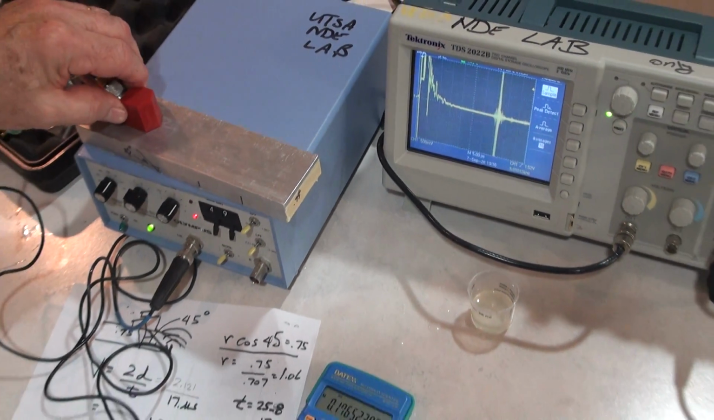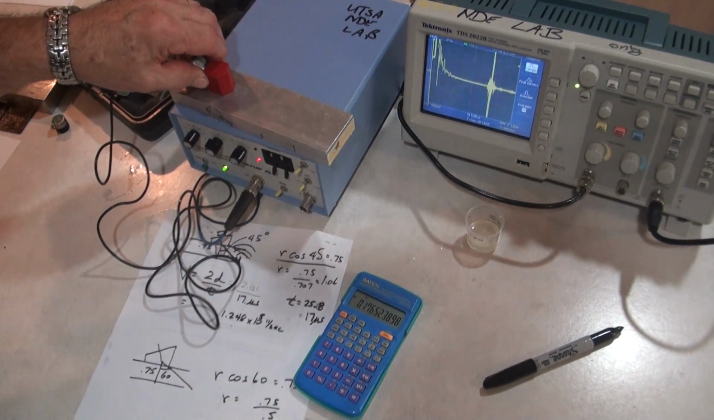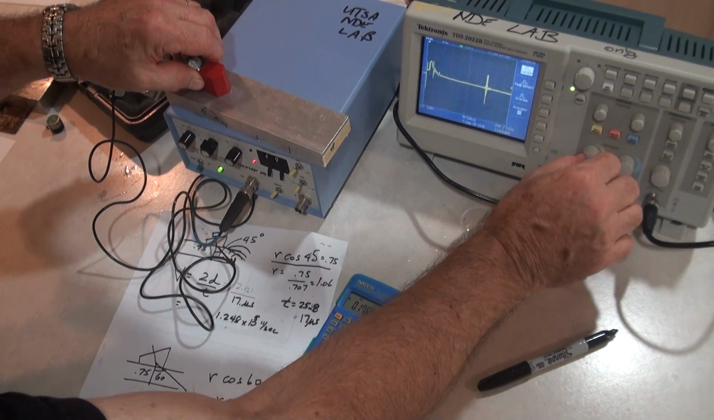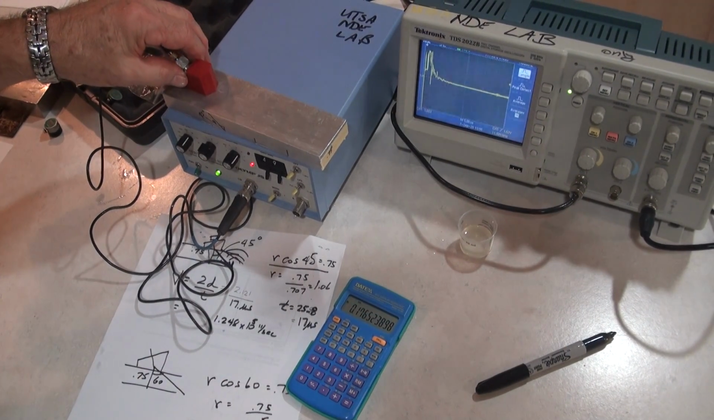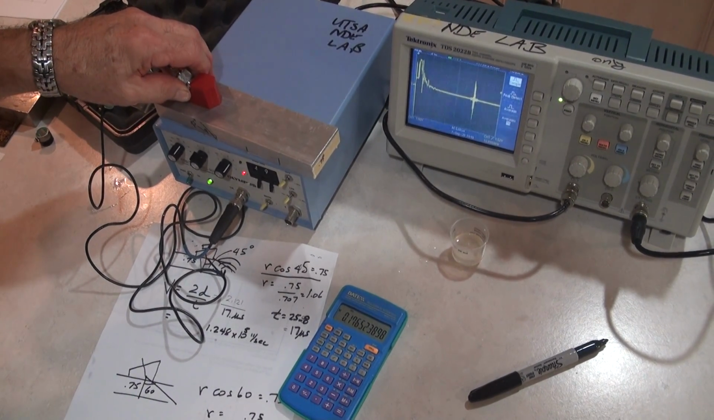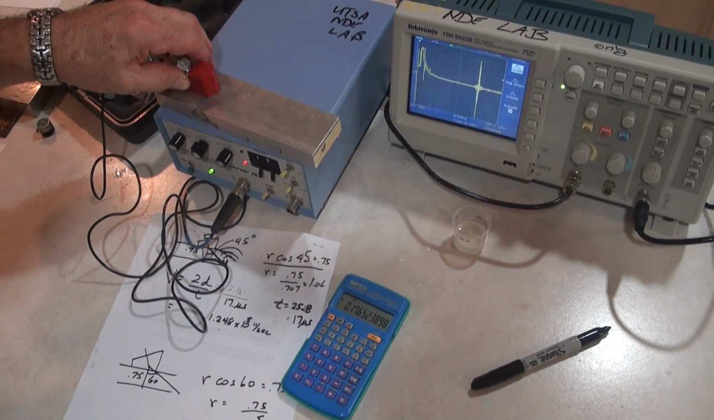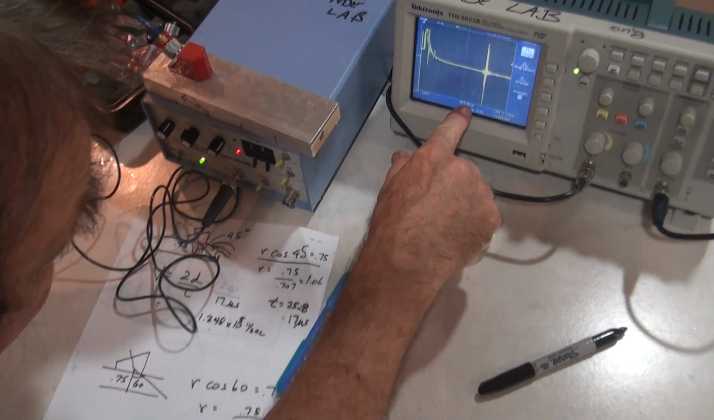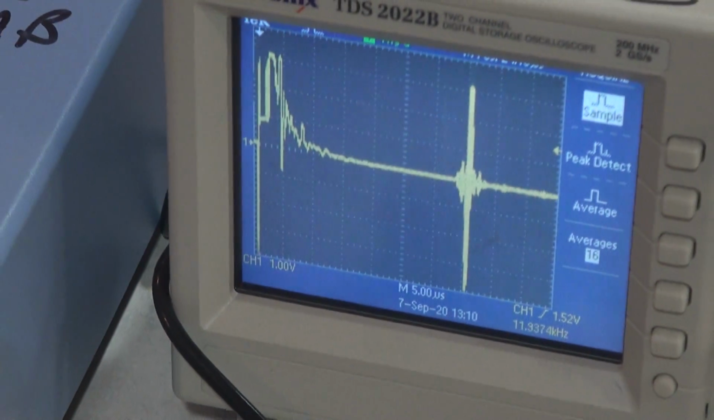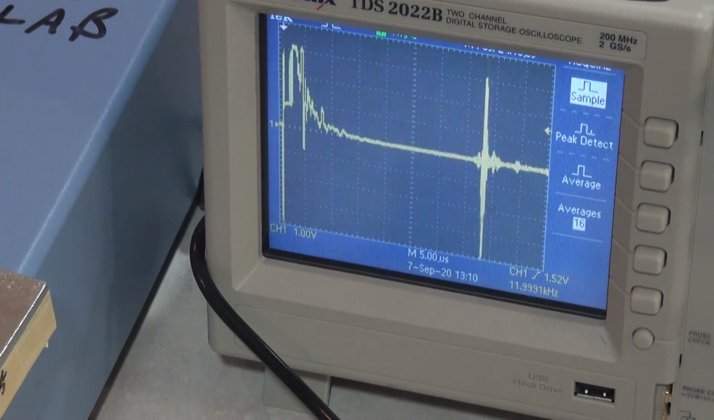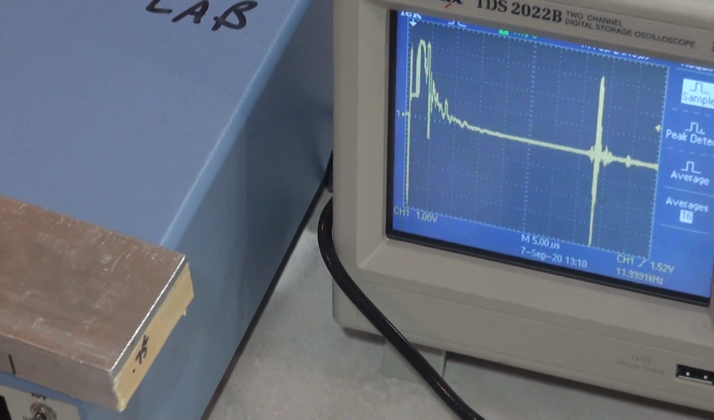Okay, so the main defect now, which previously in the 45-degree shear was about 25 microseconds, we're seeing that signal is now about 36 microseconds away. So if we do the same equation, now we have